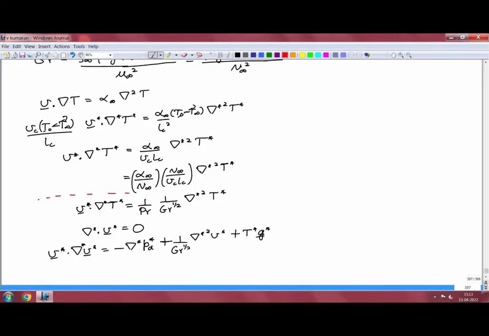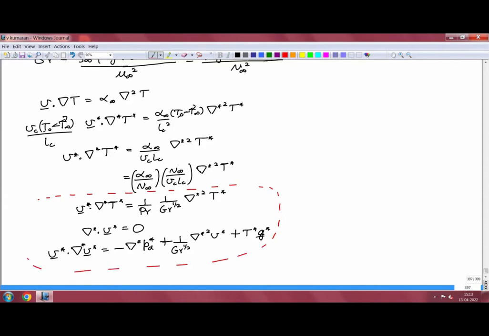The density specific heat can be considered a constant in most cases, but there could be variations in the thermal conductivity and the specific heat. So, using that, we had scaled the equations and got the Boussinesq equations. Okay. And these were the Boussinesq equations that we had obtained in scaled form,